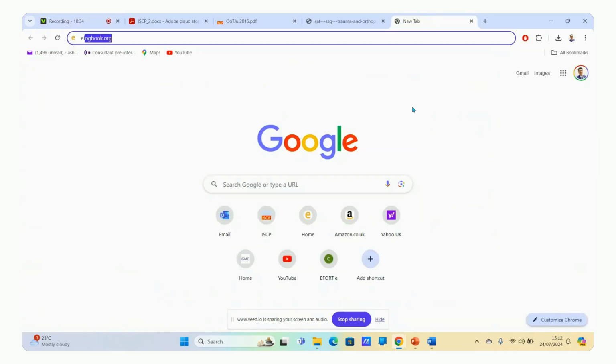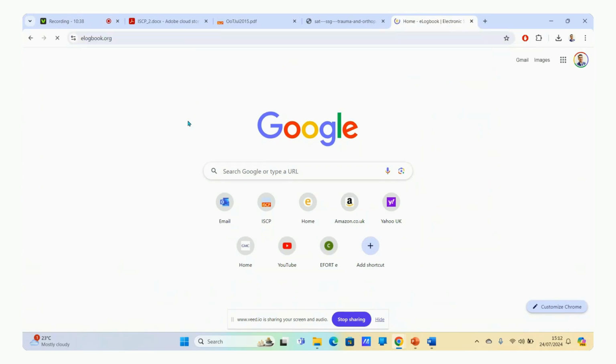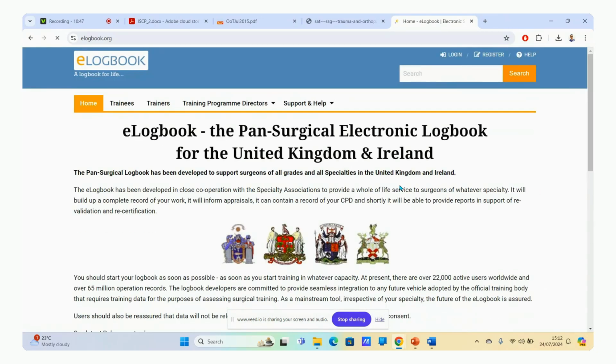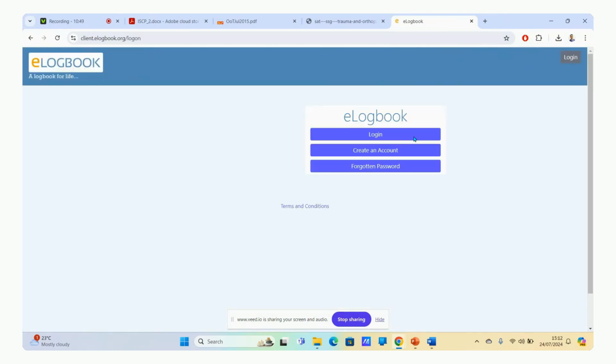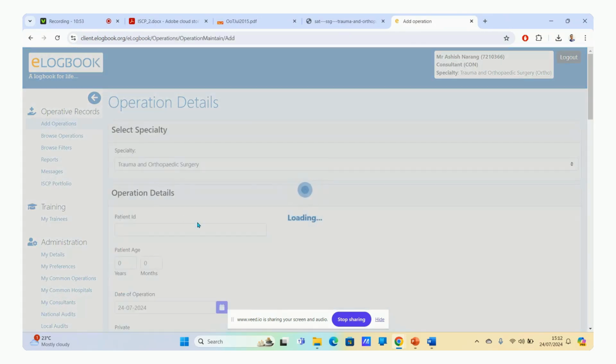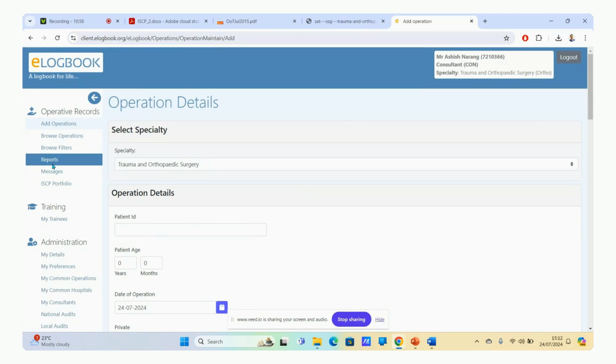Next, we come to our logbook. So when you go to the e-logbook main page and you log in, then you will find on the left hand side the reports section. So if we go here and log in, just here on the left are reports,